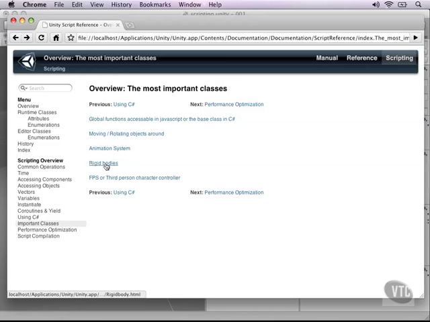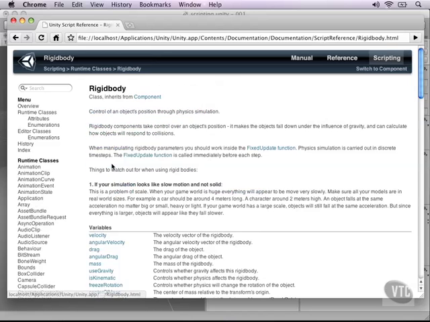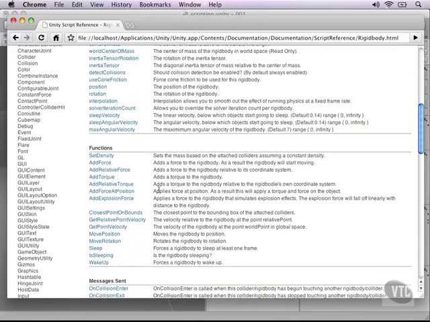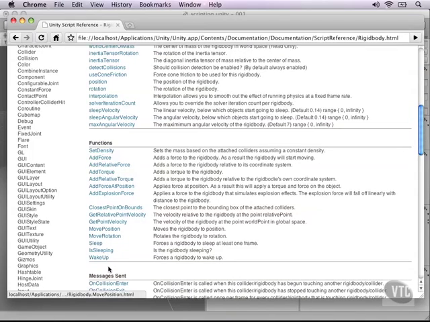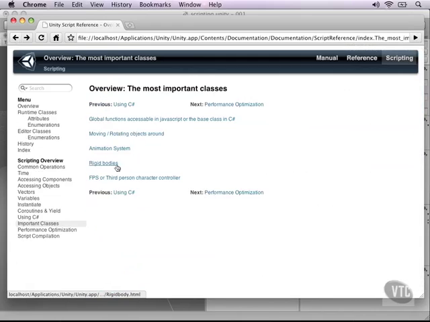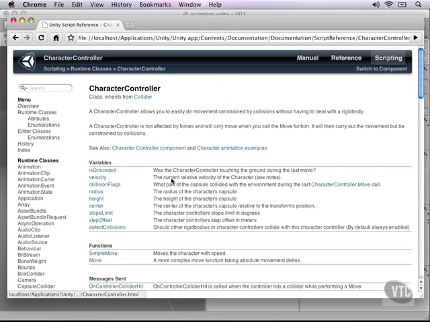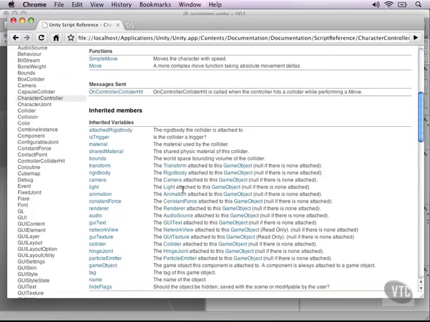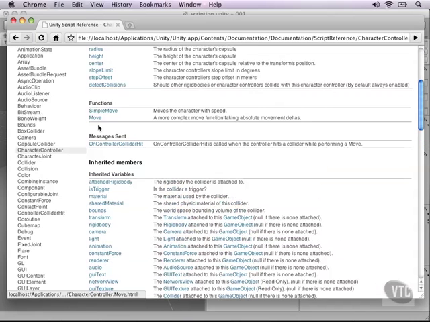I've already covered rigid body, or at least some part of it, which adds physics to rigid bodies. But as soon as you click that, you can see that there's also a couple of functions that are added to your script that you can use, and other inherited variables. Then there's also the character controller, which I just talked about just now. And the character controller is basically what controls our character in 3D space. And it's also physics based, but not as realistic as rigid bodies. Now, as you can see, this also adds a couple of inherited variables and only 2 functions, the move and